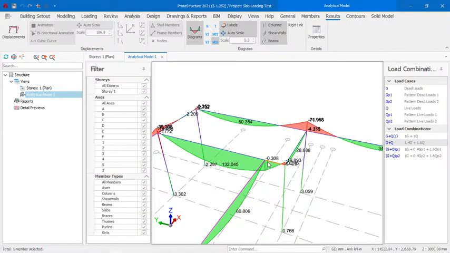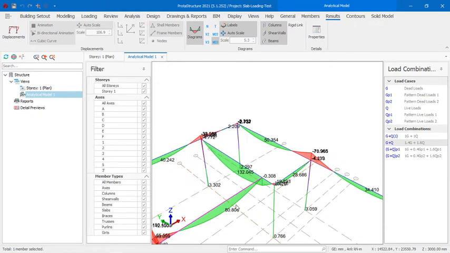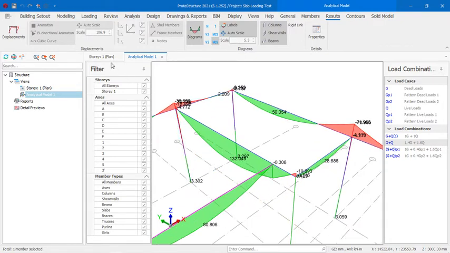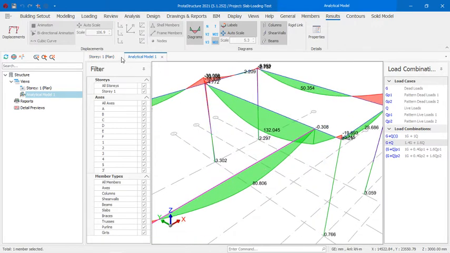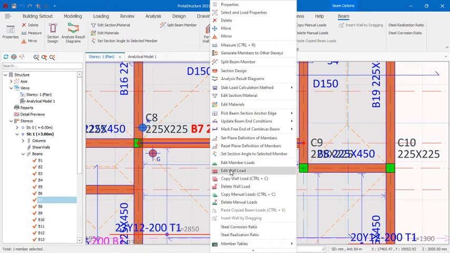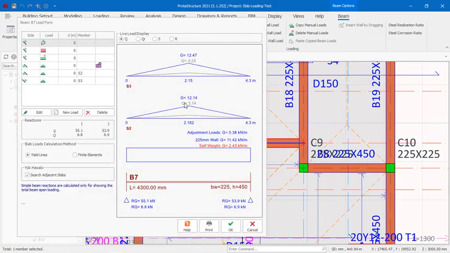So what should we now do in this case? What it means is that you have to define the point load on this beam for you to have that effect. There are two ways you can do it. One way is to go to this beam and say edit member load and compute all the load. When you compute all the load and multiply it with the span of the beam, then you get the reaction at each end. Now if you add this and add this, it will give me about